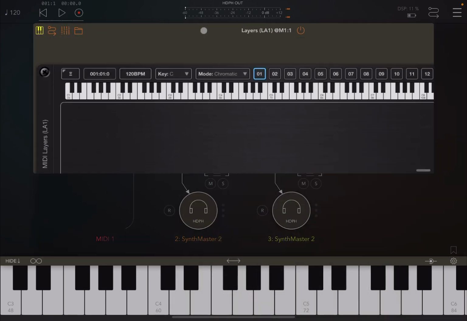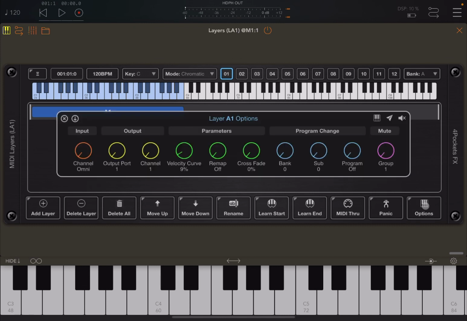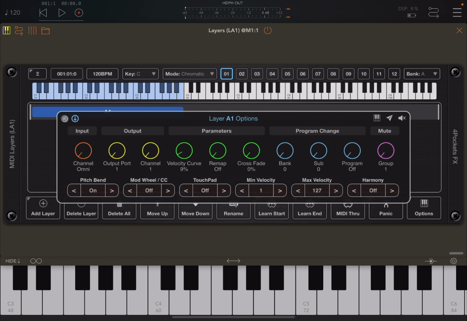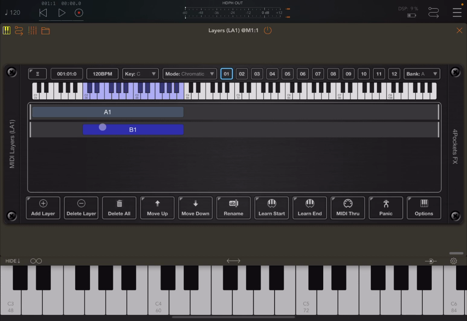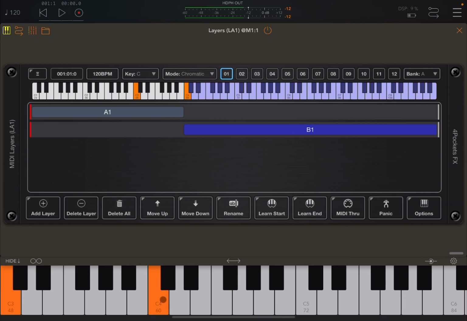And then you go inside layers and you start to add layers. So the first one, like so, and then you can define the range, like so. You click and drag, and this will already be on output number 1, because if you click on option, it will say output port number 1, which is fine. And then what you would do is create another layer, and then you will move that layer up, so it will start from C4, like so, and perhaps expand the upper range as well. And then you will set the option to have output port number 2. So if now you test it,